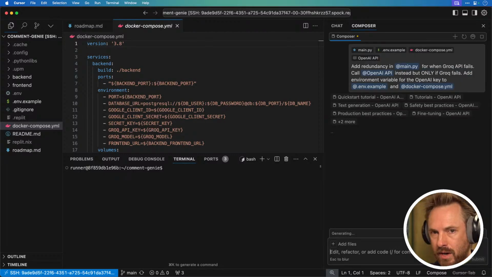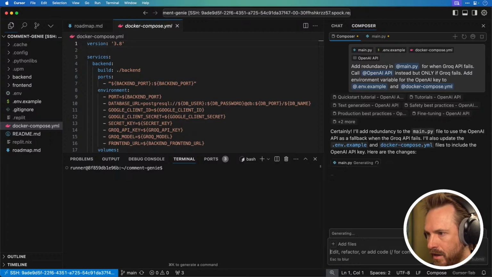So there it's reading the API documentation. It's saying, certainly, I'll add redundancy to main.py to use OpenAI as a fallback when Grok fails. I'll also update your other files to include that OpenAI API key. This is brilliant. And this is the point where I can essentially sit back because it's updating the files for me and I can have a sip of coffee,